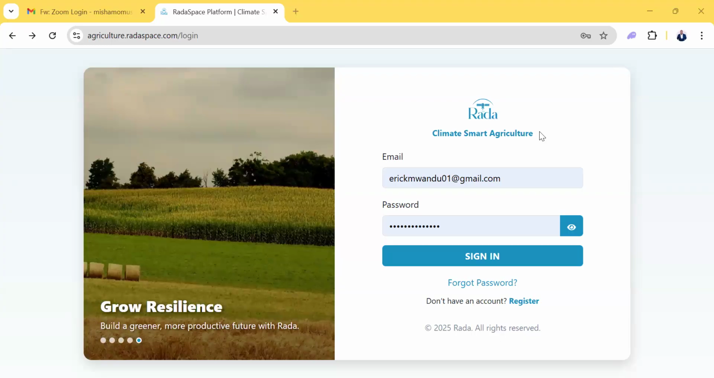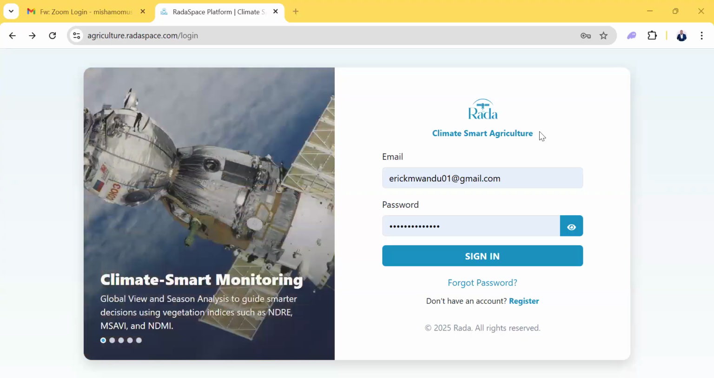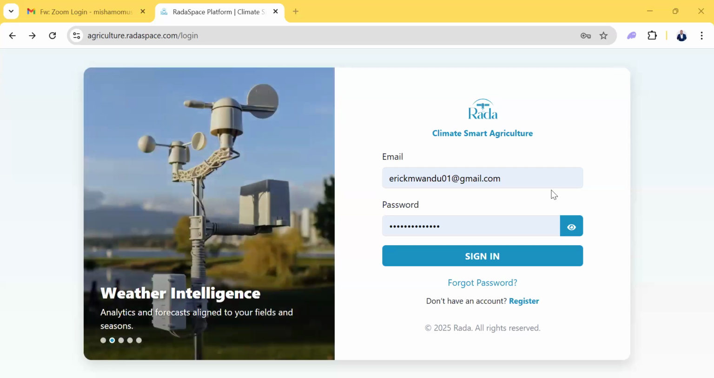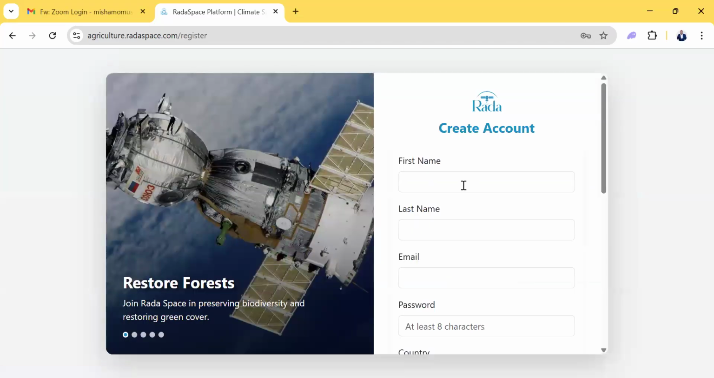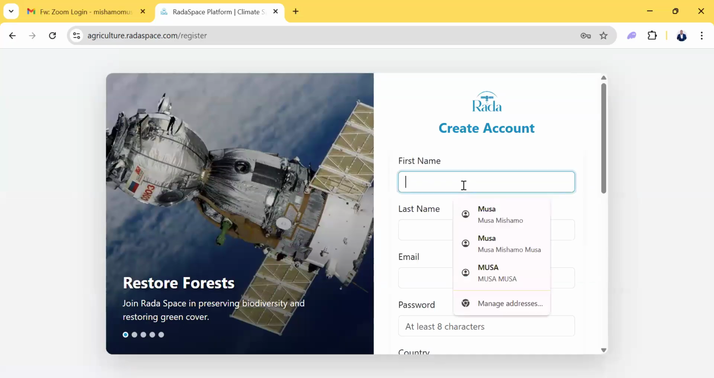Now, if you go to Google and click www.radaspace.com, it will take you to this registration page. If you have registered your account already, you will find a place for email and password. But if you are not registered, you will click the word register, and then you will put your first name,